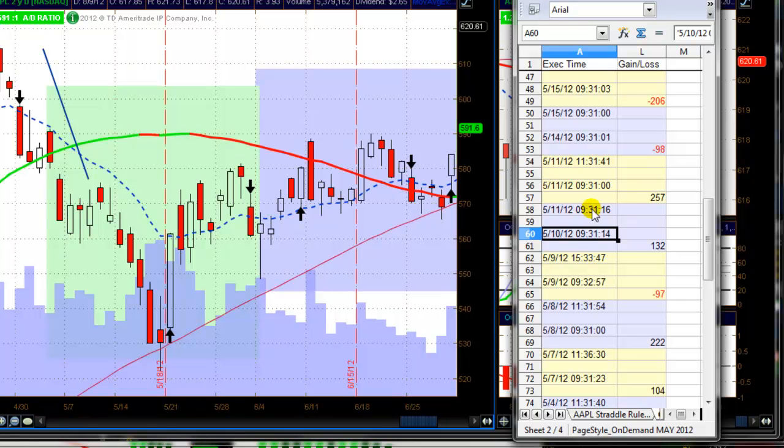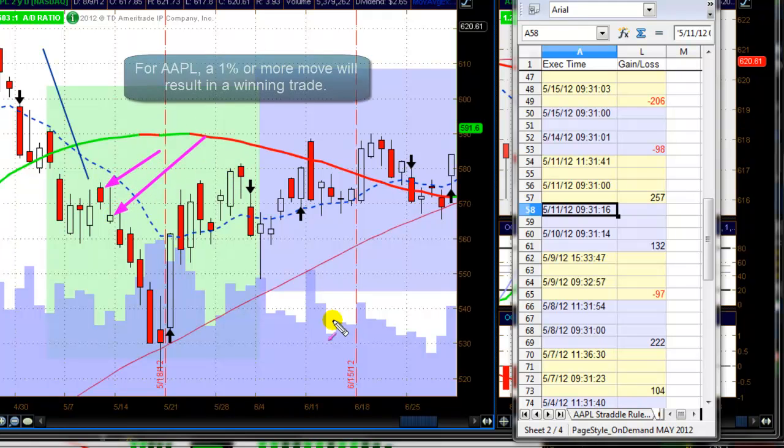that I held it overnight, and on the 11th we entered, let me just show this to you again. We entered about here, held it overnight, and exited at this level. So that allowed the $132. And we jumped right back in again